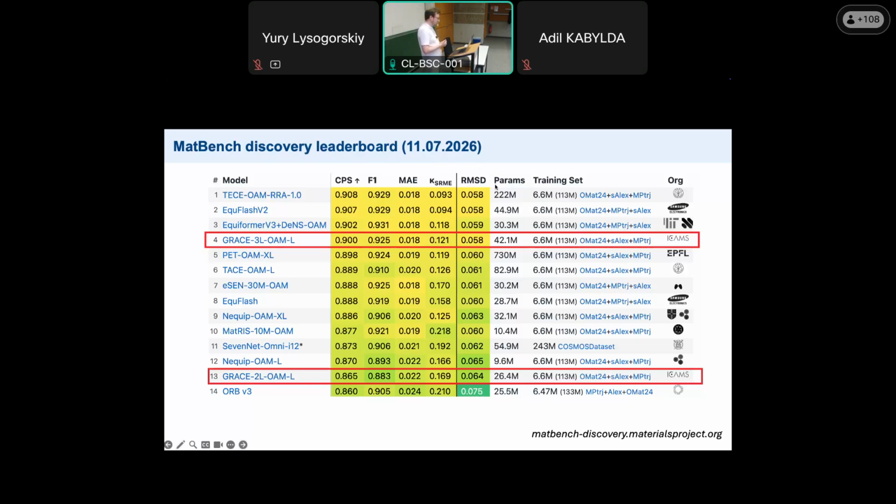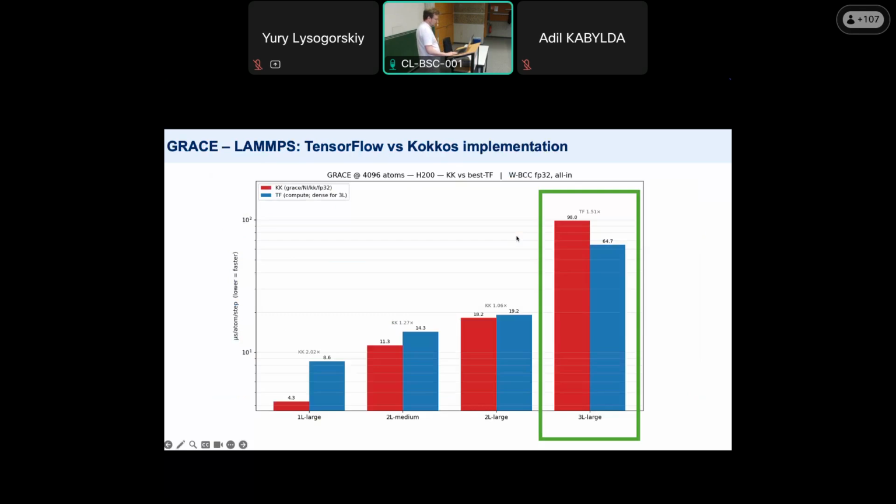So with this Grace three-layer large model, we're able to achieve something quite close to the top performance. It's at fourth place, actually, sorry, having only 42 million parameters. And because we were working a lot on the computational performance, we did rework the neighbor list and tensor coupling operations there. So with TensorFlow, it allows us to achieve something like 64 microseconds per atom per step.